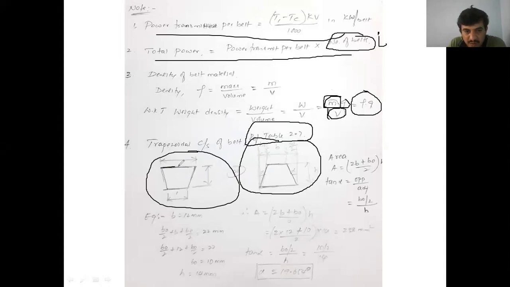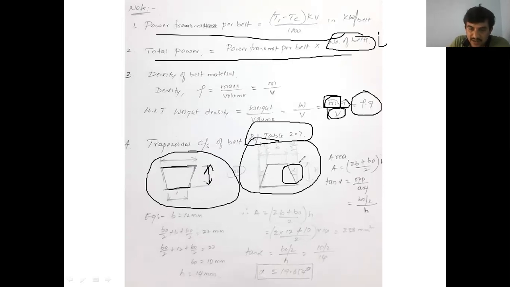This is actually the top portion of the V belt. It is the bottom portion. And this is the thickness of the belt, or height of the belt, right? So why do we want to see this cross section? Some problems will give the cross section area of the belt. They will not give the half groove angle alpha. Then I want to use the cross sectional dimensions, and then determine alpha by taking a trigonometric relation.